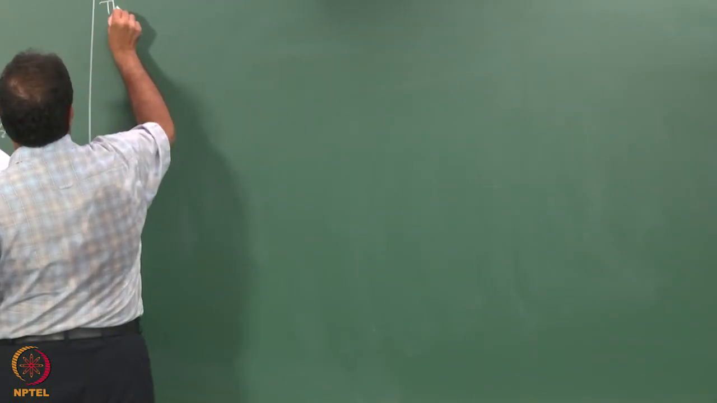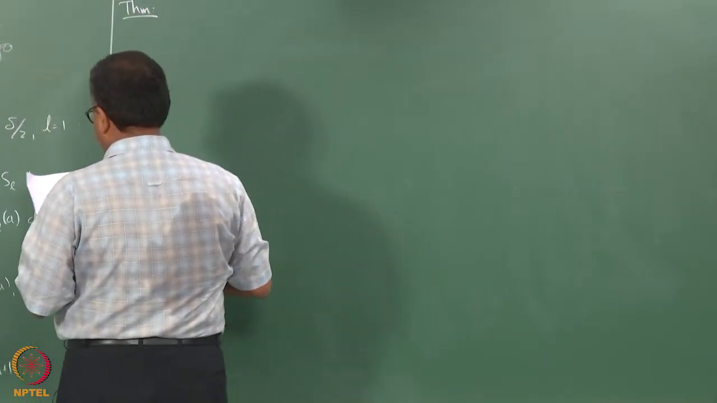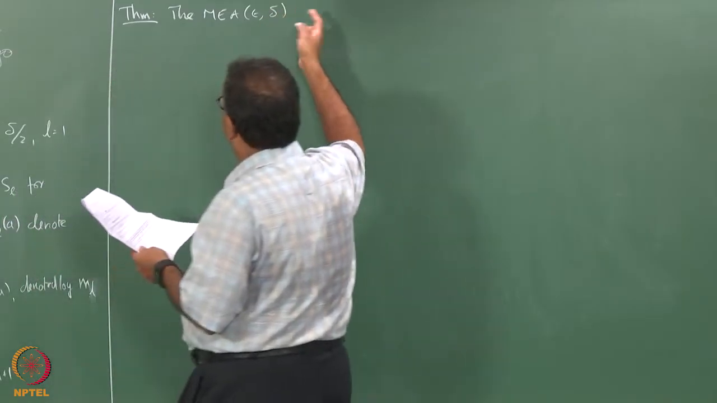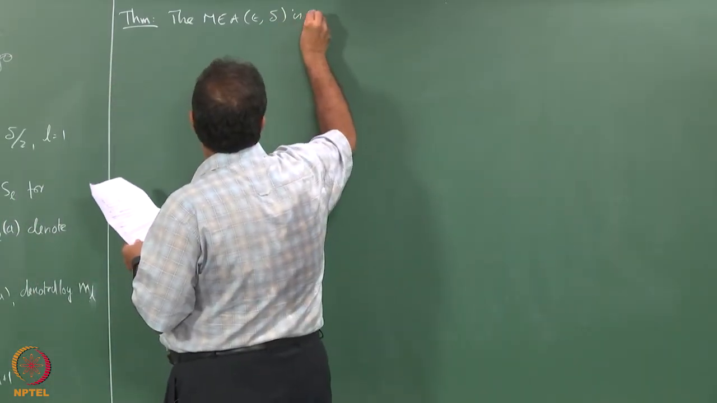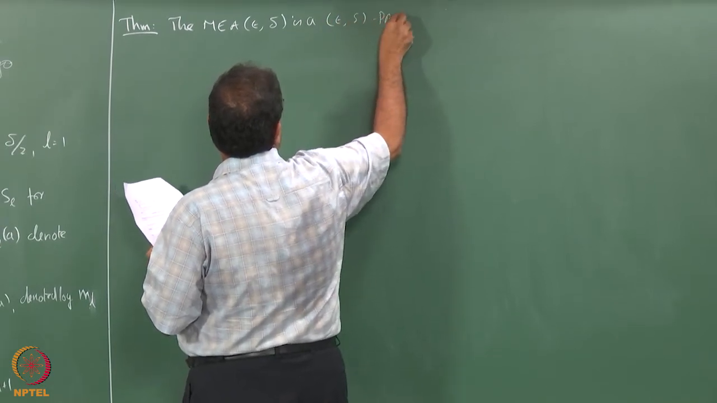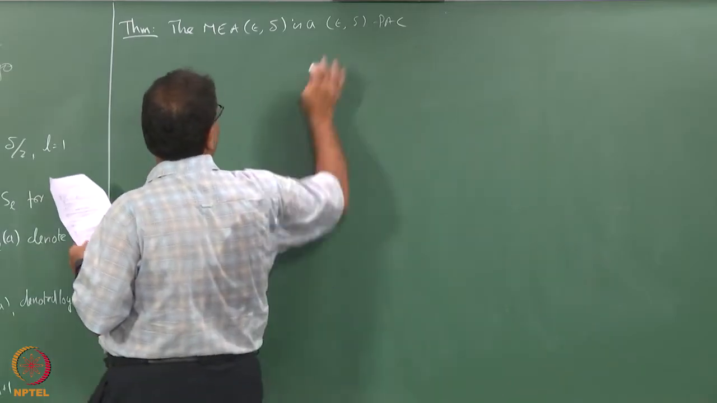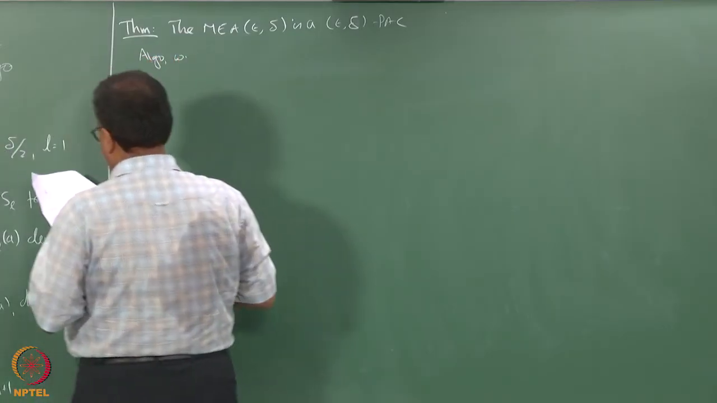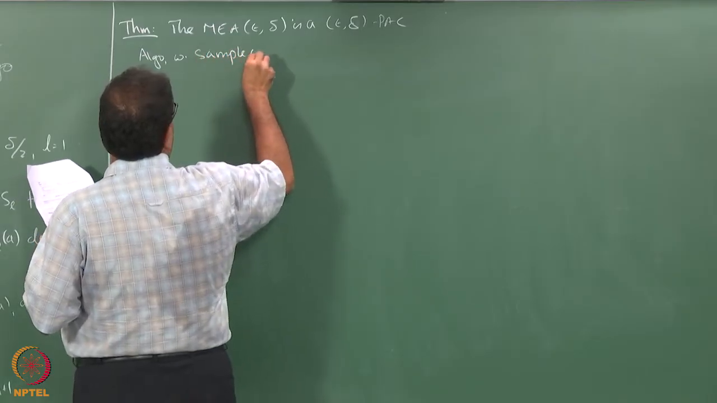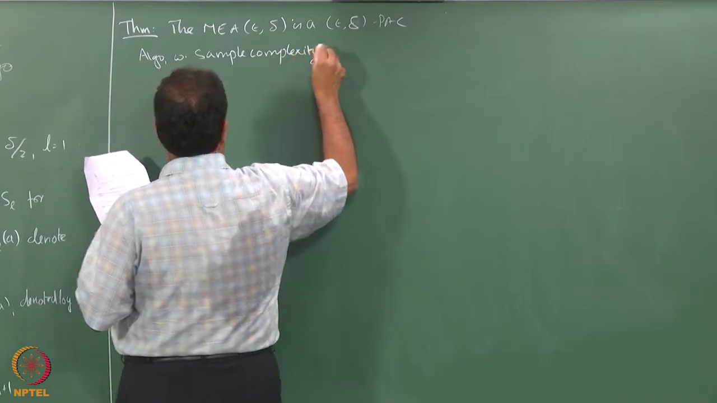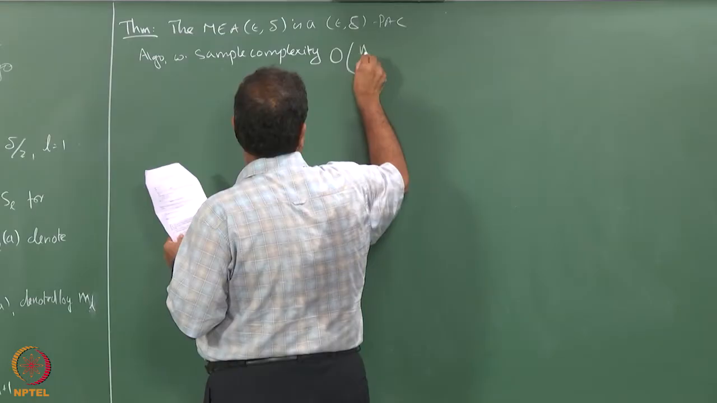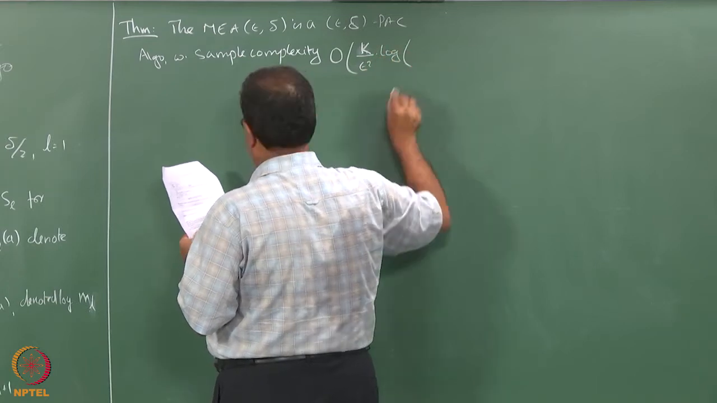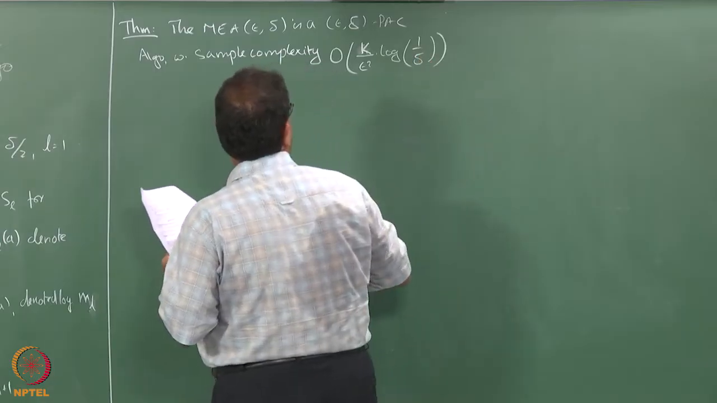So the first theorem that I will state, but I will come back and prove later, is that the median elimination algorithm, which takes epsilon and delta, is an epsilon delta PAC algorithm with